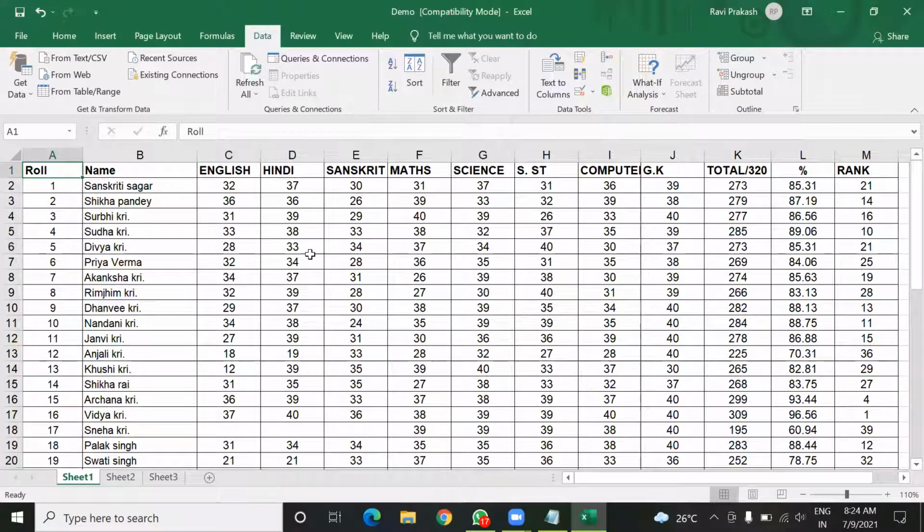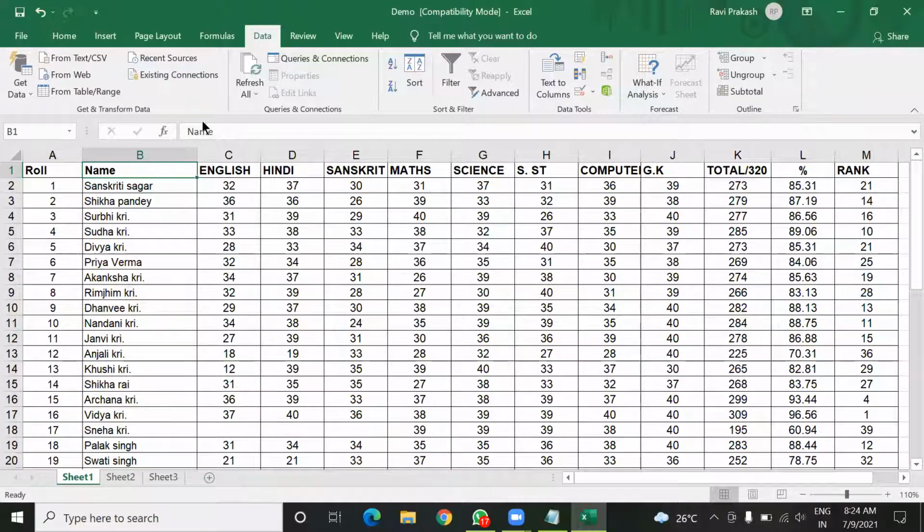Sir, but if we perform it column wise, for example on this name column, then the marks will also change, no? Just see now. Just remember that she has 32 in English, Hindi 37, and Sanskrit 30.